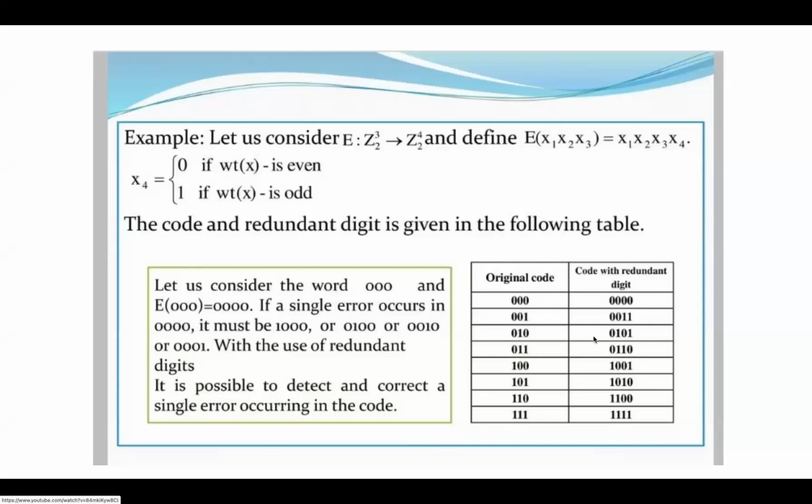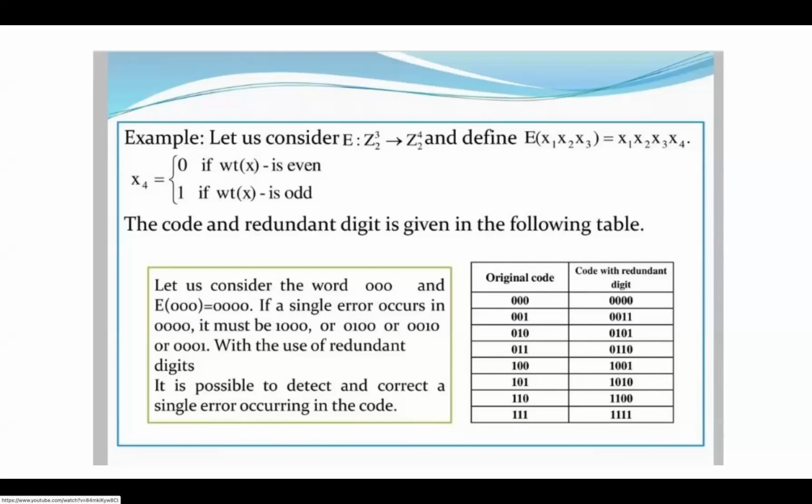There it is used too, in communication, with sender and receiver and all those things. In that case, these codes are used there.